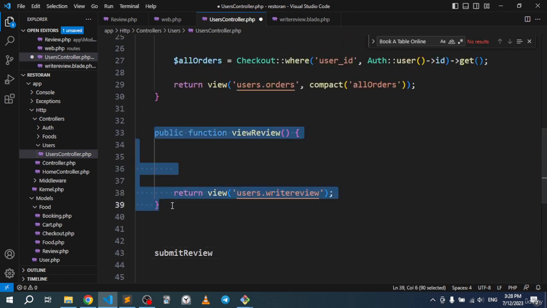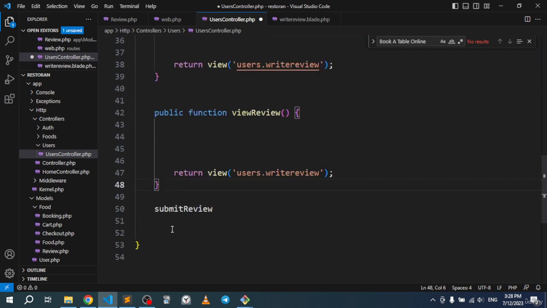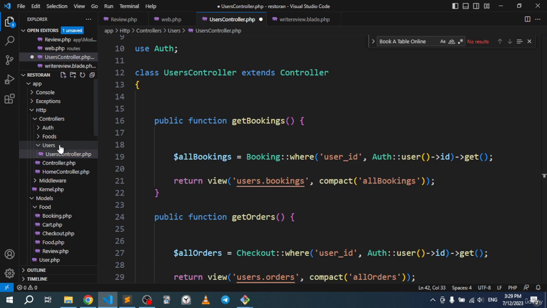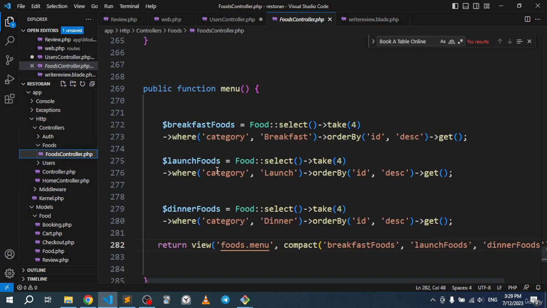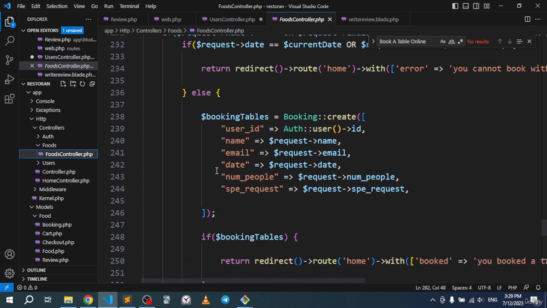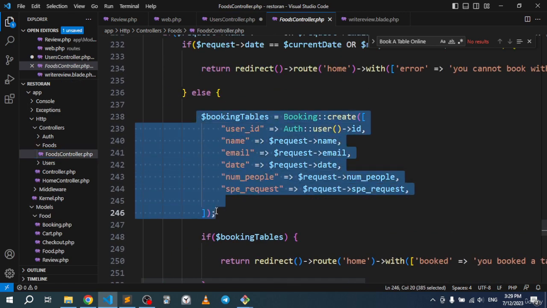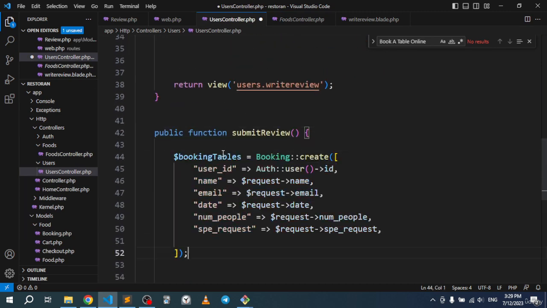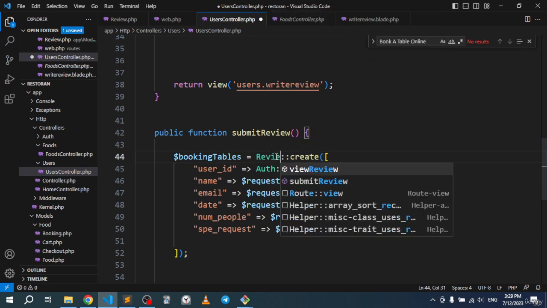Let's copy this whole thing. Let's go down at the bottom and paste. Let's copy and paste right there. All right, so we need to copy code from creating something. We go to the foods controller right here. I want to pick up this part, and I want to go back to the users controller. I want to paste it right here. So this will be the